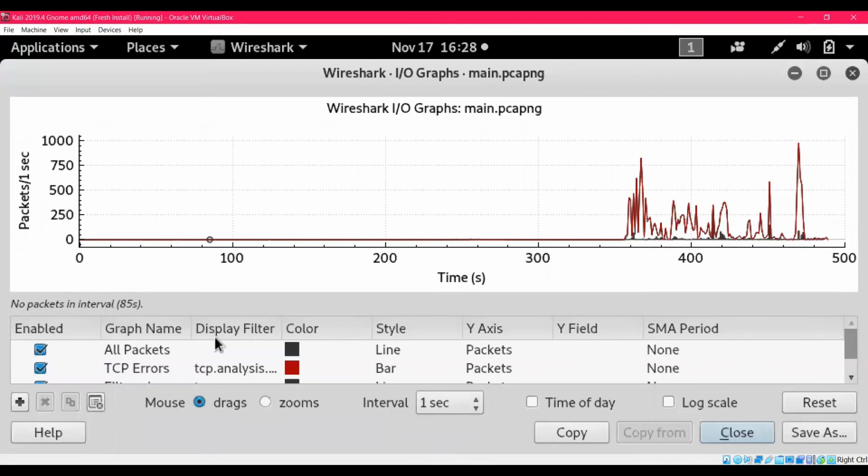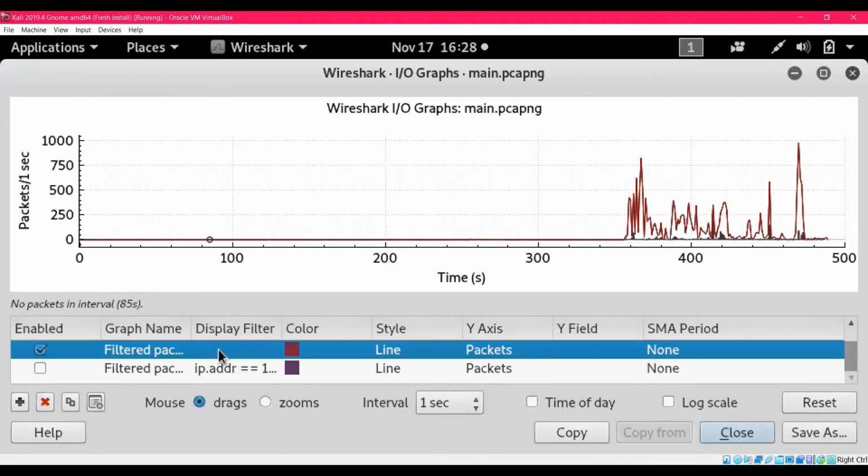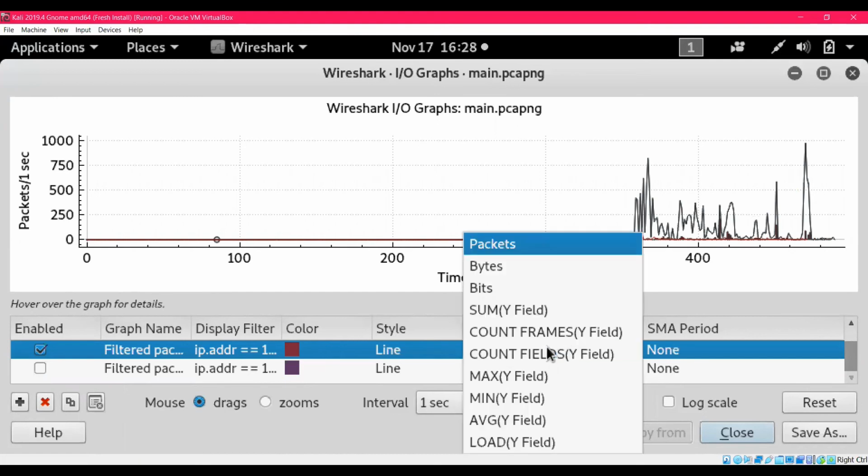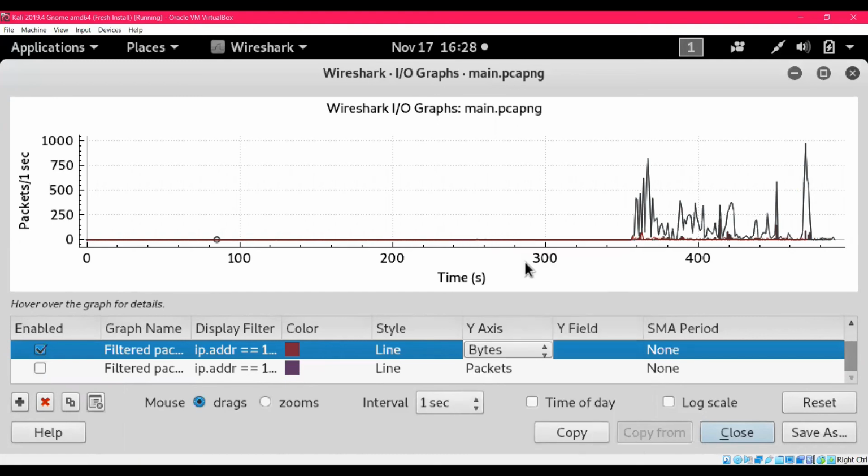For the first part, right here in the display filter, I'll just paste whatever I had copied, and in the packet y-axis, instead of packets, I'll change it to bytes.